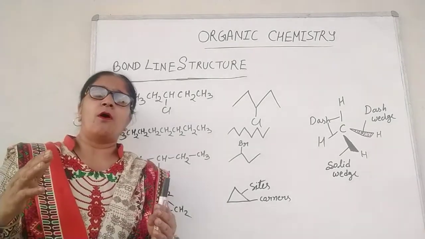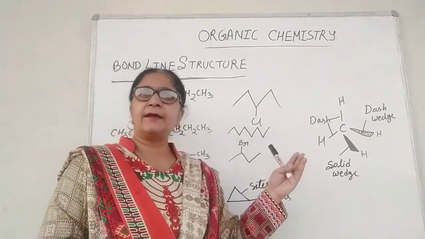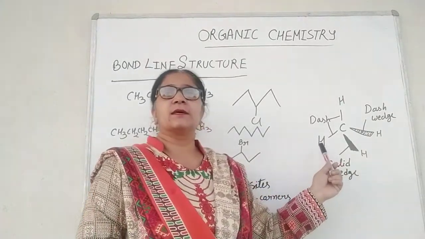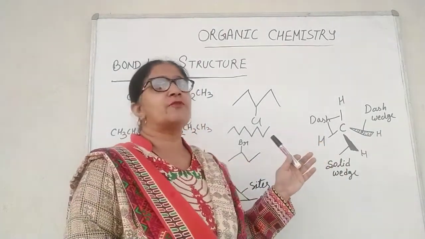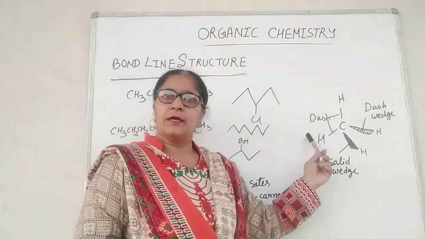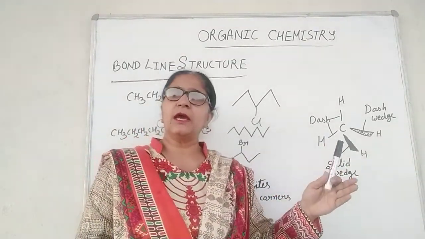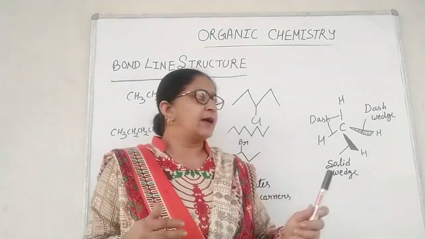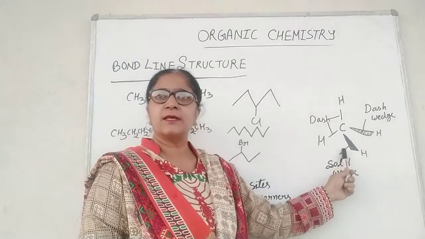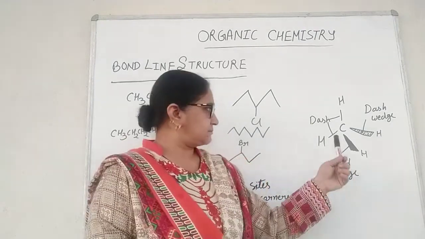So, organic molecules can be represented by using the solid and dash wedges formula like this. This is a three-dimensional structural formula representation of an organic compound. This formula can be represented on paper by using three conventions, that is a dash, a solid wedge and a dash wedge.